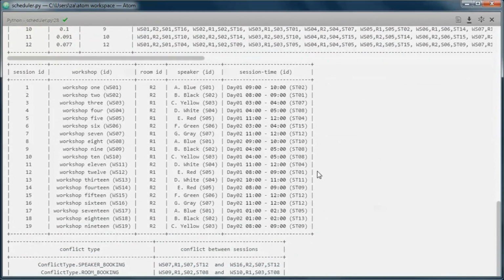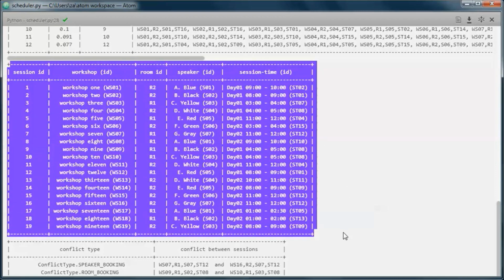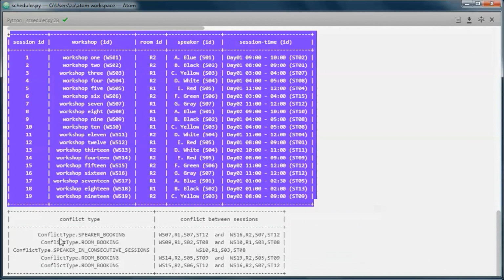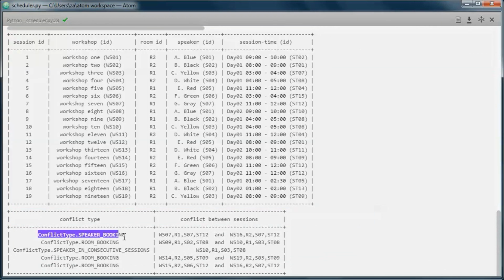and this is a table representation of that schedule, and those are the 5 conflicts. We have one speaker booking conflict, so this speaker is booked for those 2 workshops at the same session time.